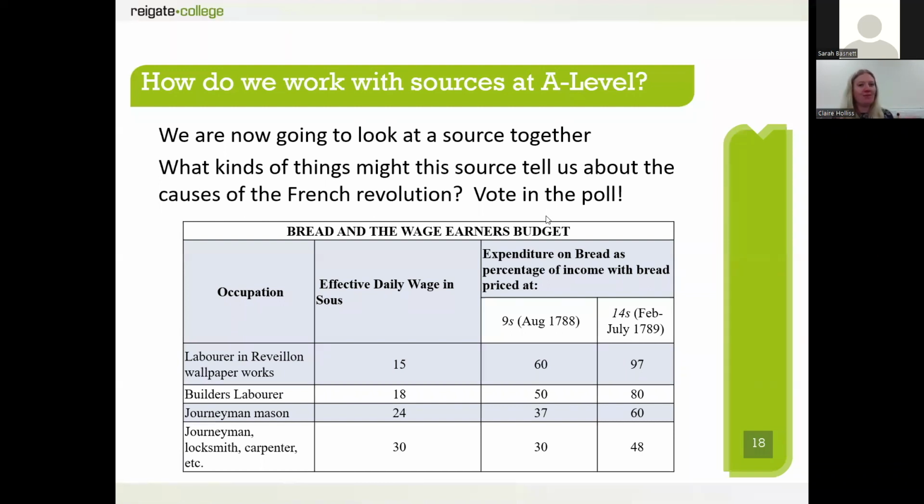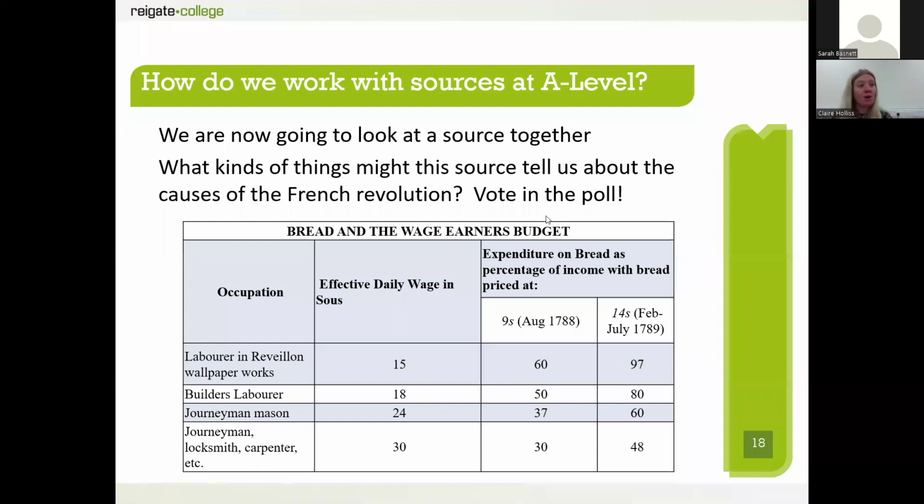What else can you buy once you've spent 90% of your income on bread? You can't really buy any new clothes, you can't really buy any other food, you can't even pay your rent. I mean, that's ridiculous. So yeah, that's definitely correct. Other things that people have said: levels of inequality are like in pre-revolutionary France. That is also correct. Definitely, because we can see here, even amongst these people who are working in France, you've